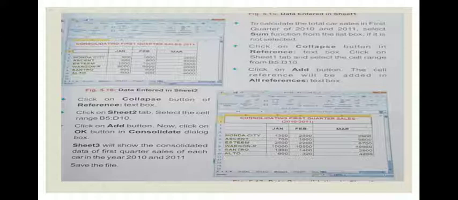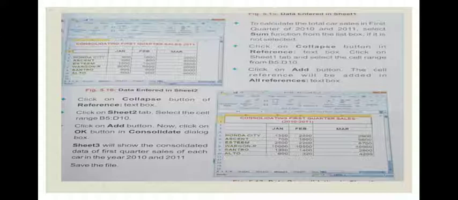Click on the Add button and the cell reference will be added in All References text box. After that, click on Collapse button on Reference text box. Click on Sheet 2 tab, select the cell range B5 to D10. Click on Add button. Now click on OK button in Consolidate dialog box.